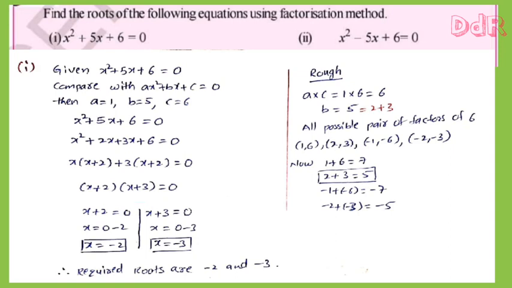So finally the given quadratic equation is expressed as a product of two polynomials, so it is called the factorization method. So let us find out the two x values. First x plus 2 equals to 0, next x plus 3 equals to 0. So plus 2 transposed to the RHS, then it is equals to minus 2. So the first root is x equals to minus 2. Similarly the second root is x equals to minus 3. Therefore required roots are minus 2 and minus 3.